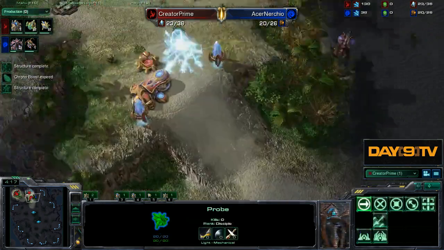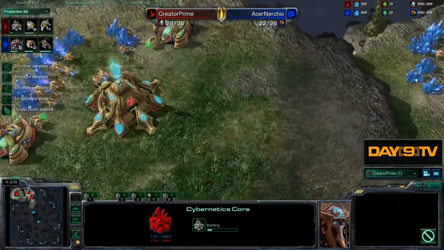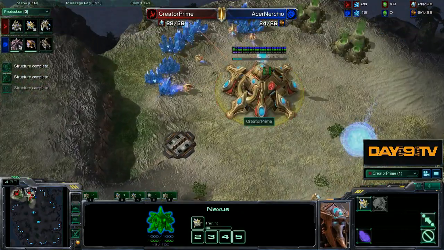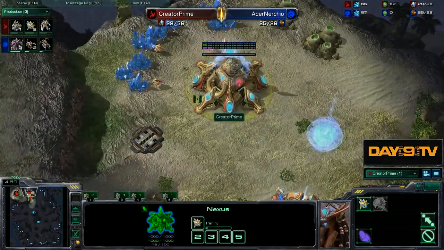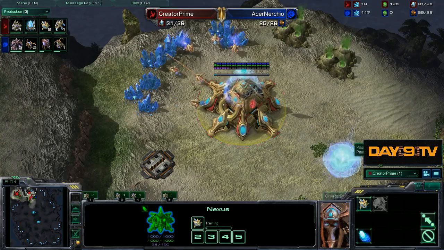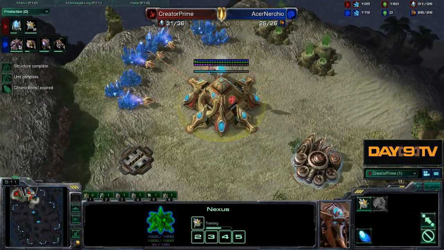This was actually a 14 pool by Nerchio. And we get the cybernetics core as fast as possible in the double gas. Everything is as by the book as possible. And if you're watching this and thinking, I don't do that, that's not by the book, then I strongly recommend going to gosugamers.net and downloading this replay and just sort of watching through it so you can steal the openings. And let me also note that I'm going to come over here. Where's my...